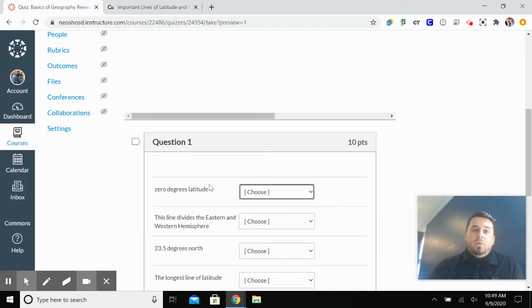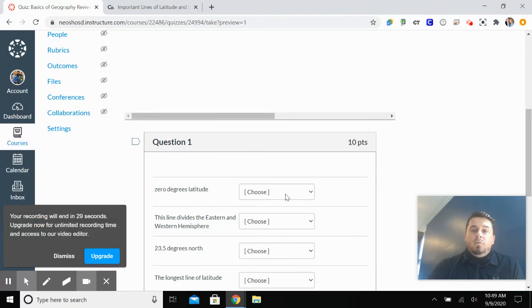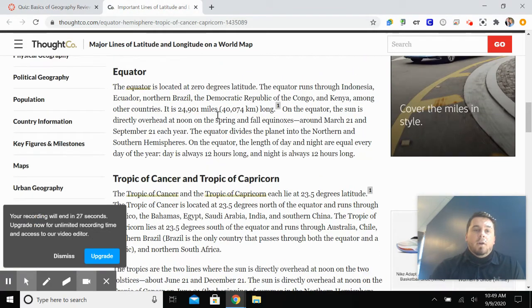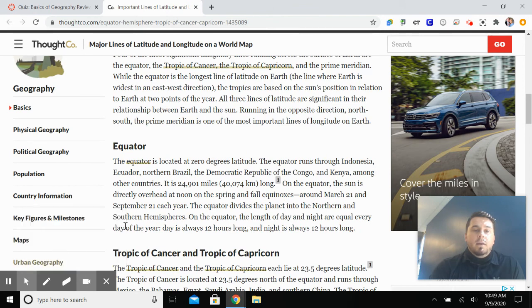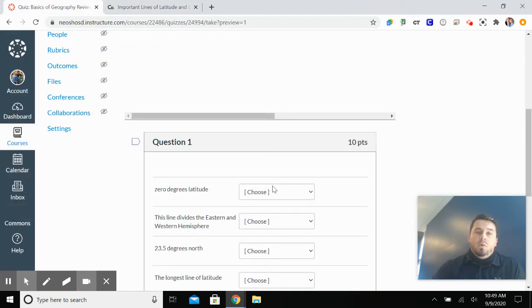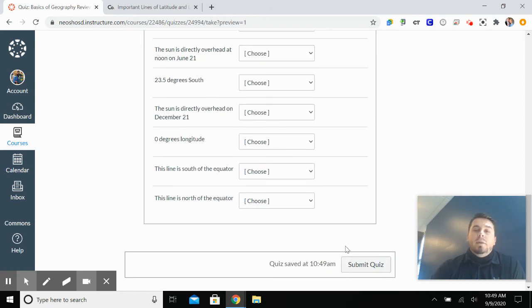All you would have to do is find 0 degrees latitude. Okay, great. I'm going to start up here at the equator, and look at that. Within the first sentence is my first answer: the equator is located at 0 degrees latitude. Easy peasy. So then I would go back and click equator, and you're welcome. If you actually watch this video, you get question number 1 correct. You have as many opportunities to submit this quiz as you want. It does not tell you which ones you got wrong, but your grade will never go